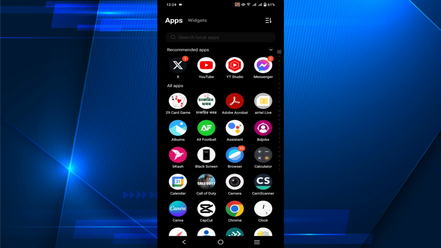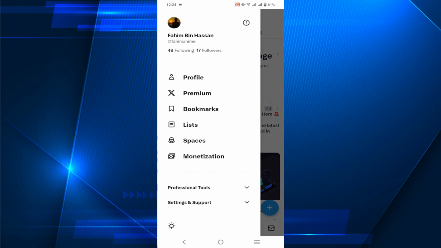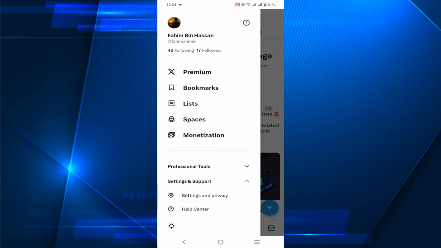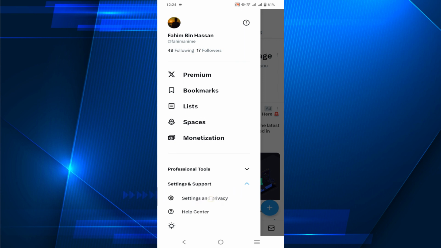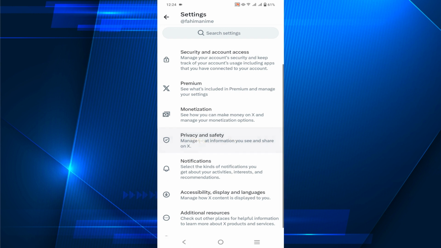First of all, go to your Twitter application, or it is also known as X nowadays. After opening the app, select your profile icon on the top left of your screen, select this option, and now expand the settings and support option, click here. And now after expanding it, select the settings and privacy option here, and here you can see the option privacy